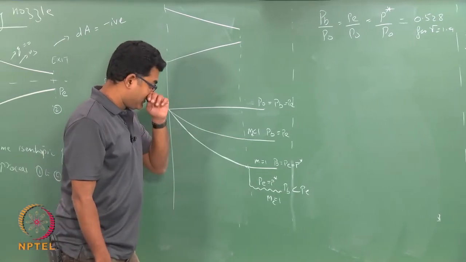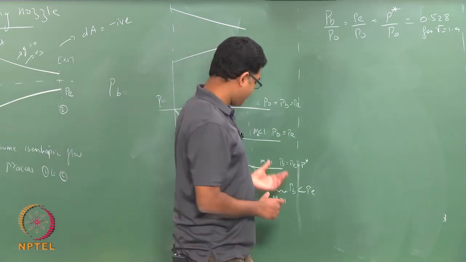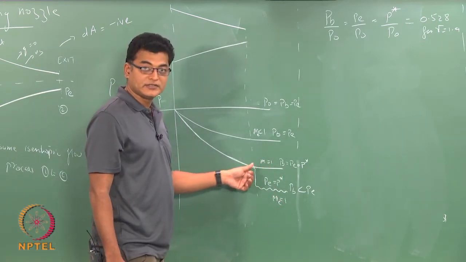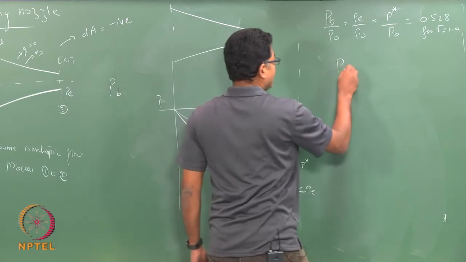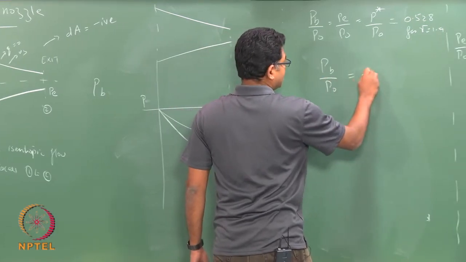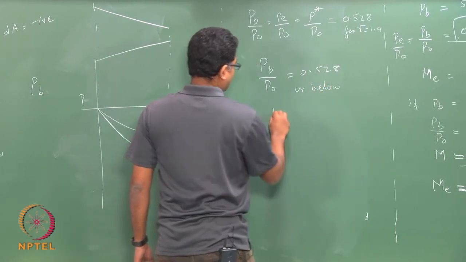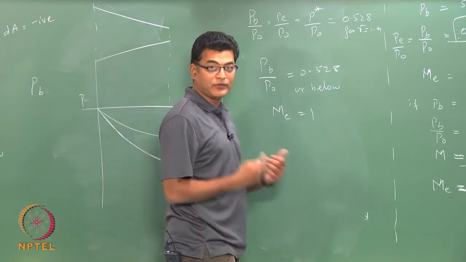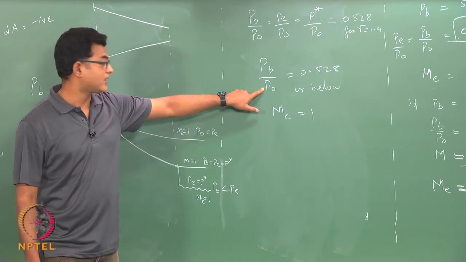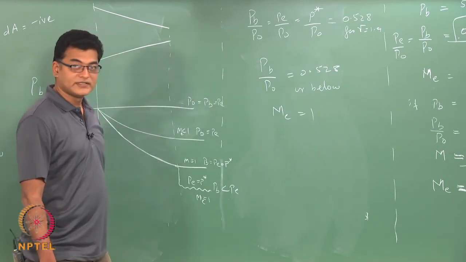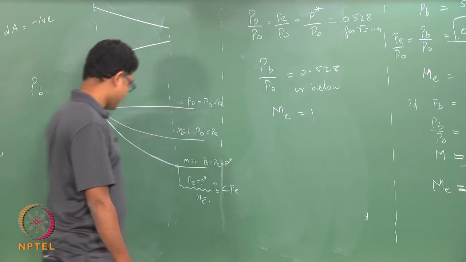Okay. So once that is done, the point here is the Mach number at the exit is not going to increase beyond 1, even if you decrease your PB. So if your exit pressure is this or below, your Mach number at exit is always going to be 1 for a converging nozzle if you keep your P0 constant. You keep decreasing your PB, no matter how much you decrease, this is what you get.